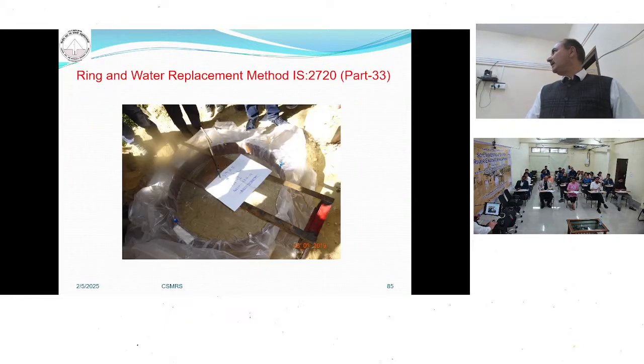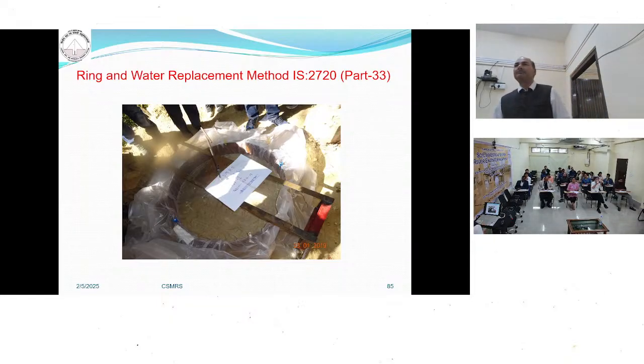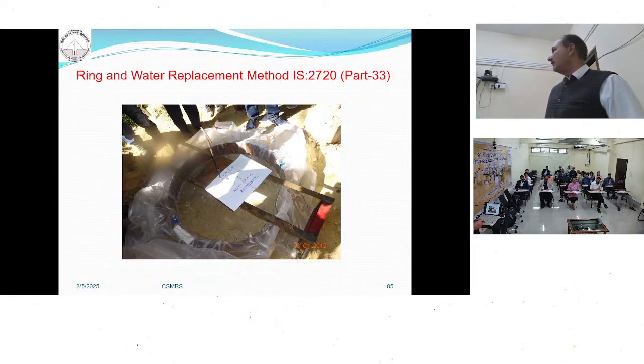Third is the ring and water replacement method. This is used when your strata contains big-size particles like cobbles and boulders. So in these cases, we use the sand and ring and water replacement method. So in this method,